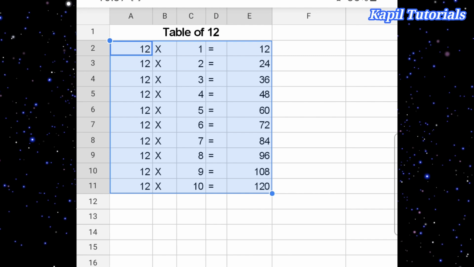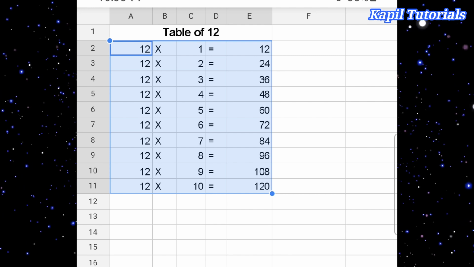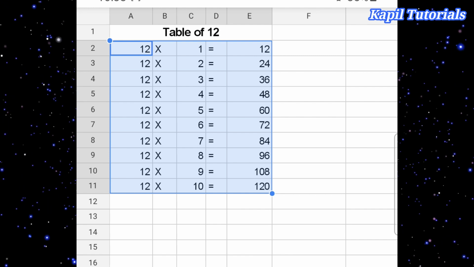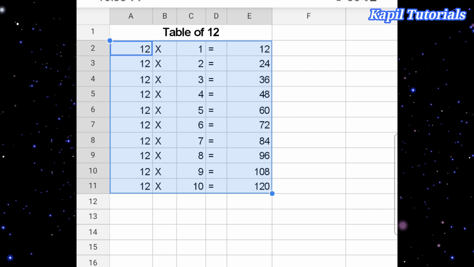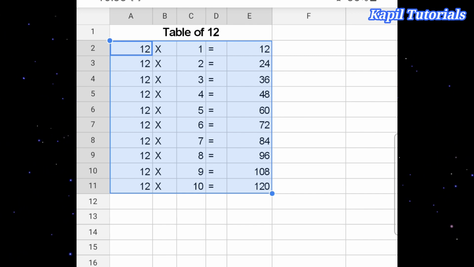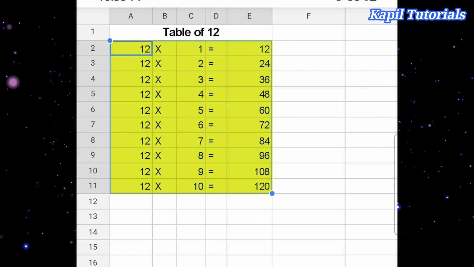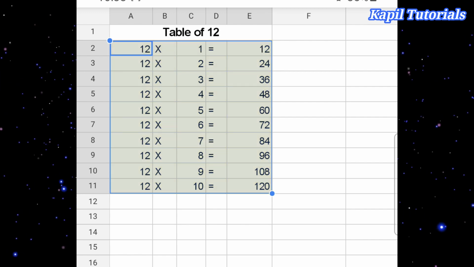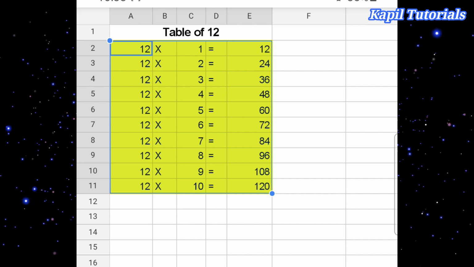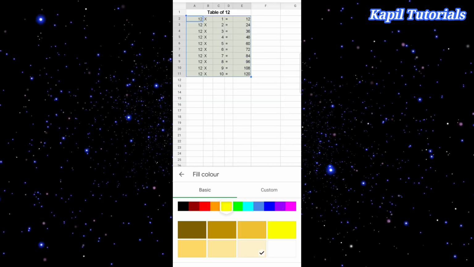I'll click on this. Now here you could see cell formattings, fill color. I'll click on this fill color. Suppose I want to select some color from here. There is a custom option also there. The basic is also there. Suppose light yellow color or any color, it depends upon my choice what I want to do. Okay, it's your choice.